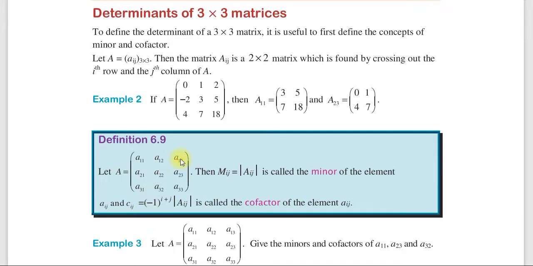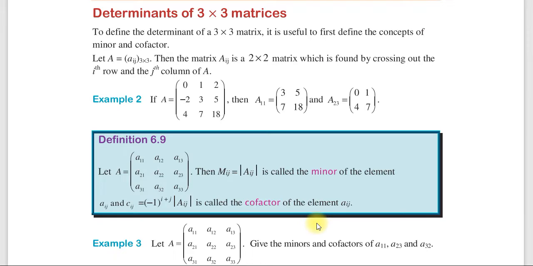So definition: let a matrix A be given in such a way, በዚህ ቢሰጠን, then Mij which is equal to the magnitude of Aij is called the minor of the element aij, and Cij which is equal to (-1) to the power of i plus j times Mij is called the cofactor of the element aij። አሁን እዚህ ጋር ተመልከቱ እንግዲህ ማይነር የሚል ነገር መጥቶብናል፣ ኮፋክተር የሚል ነገር መጥቶብናል።